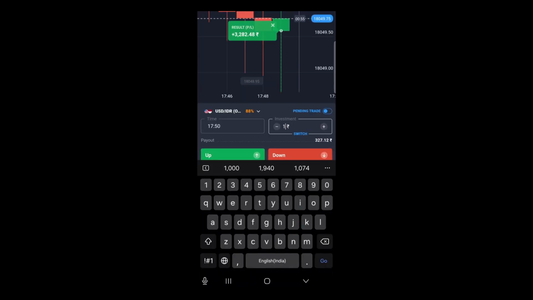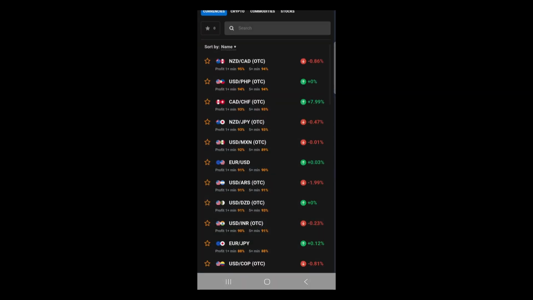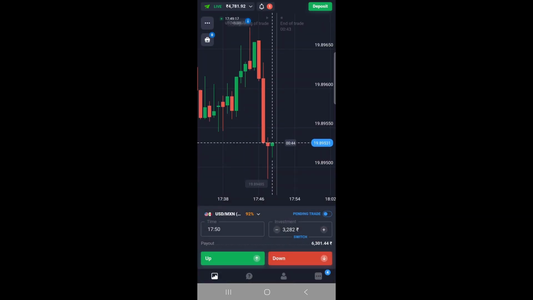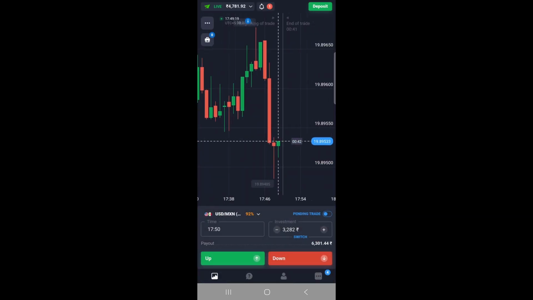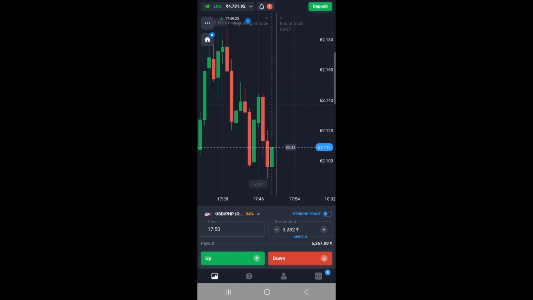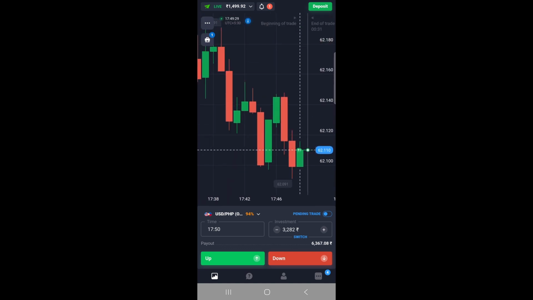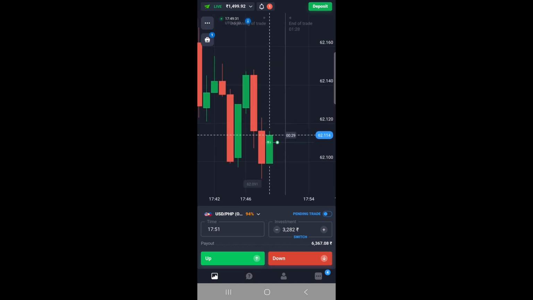Now I will do third step compounding with the amount of 3000 rupees. So I will try to analyze in another currency pair. Yeah, I will place trade here in upward direction. The reason was very simple because, as you can see, here our SS pattern was formed. That's why I have placed trade in the upward direction as an MTG,